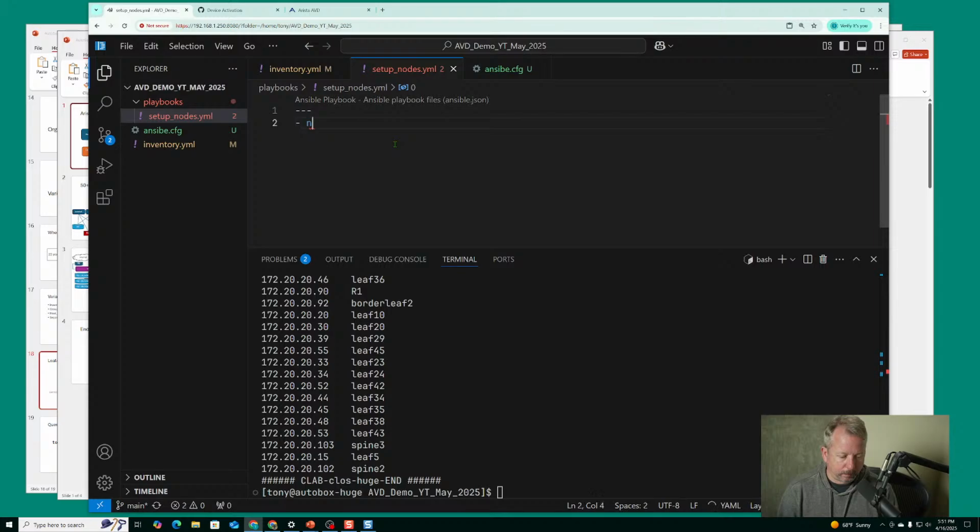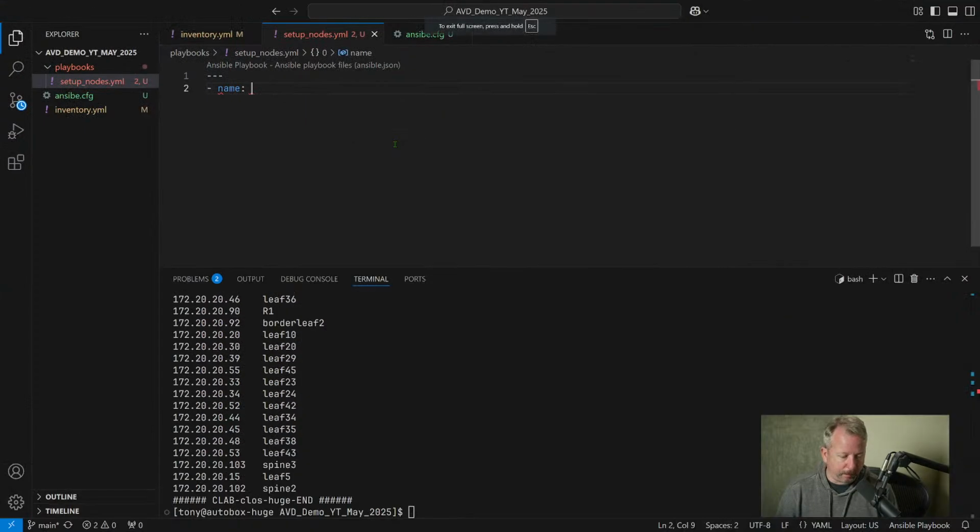And the play is going to run against every device, and it's just going to be housekeeping. Let's call it housekeeping. So it's not related to AVD directly. I want to do some stuff on here just to make things a little bit easier until I start deploying